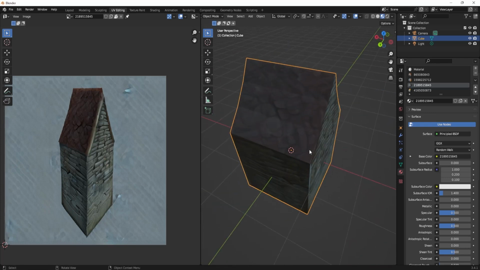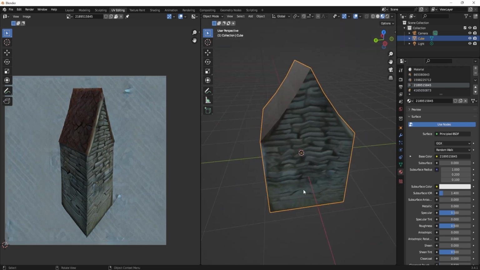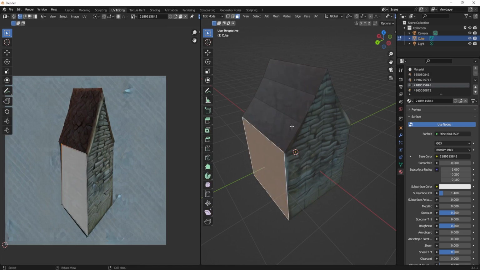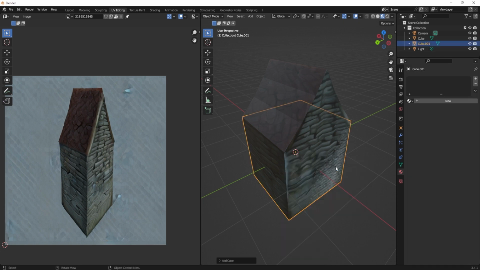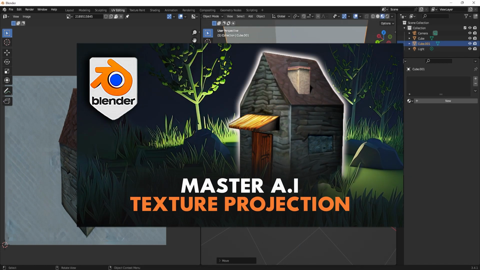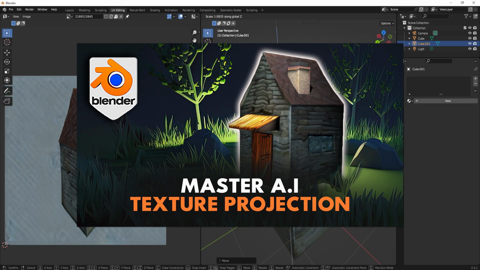In this video, we're going to work on our stylized house using AI projection tool. We'll make sure to go over additional detail of projection functionality and how to set up a viable asset with generated textures. I'm going to continue off from our previous project that I left off in our last YouTube video, which, by the way, shows the foundation of UV projection using AI texture generation. You don't necessarily need to start off from there, but I'll be attaching a video just in case